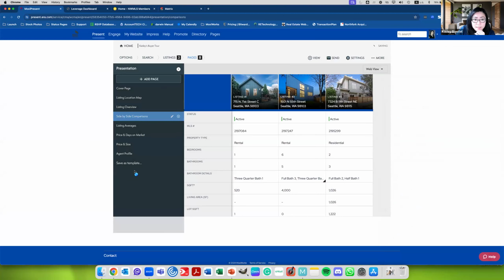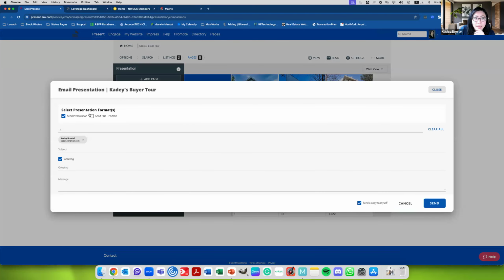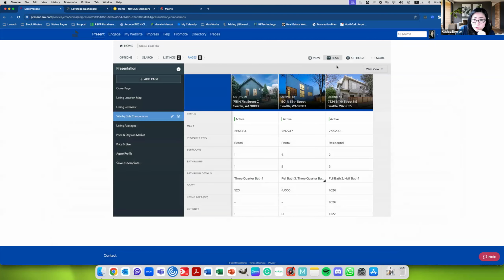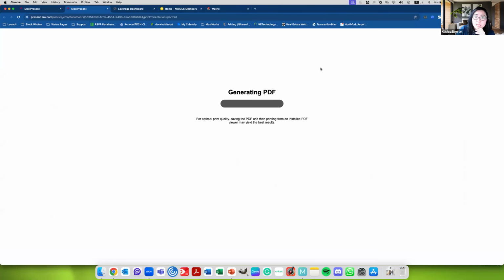So after you've set it up the way you want, you are ready to share this with your clients. You can either send it to them as a link to a digital presentation, or you can also send them a link to an attachment for a PDF so they can download and print it on their own. Or if you want, you can also just print it yourself. If you click on view and then click on print portrait, it will generate the PDF version of this buyer tour, and then you're able to print it out on your own printer